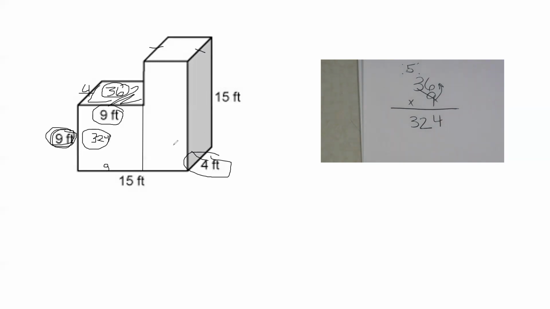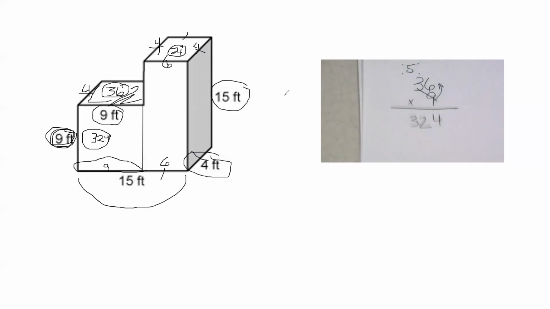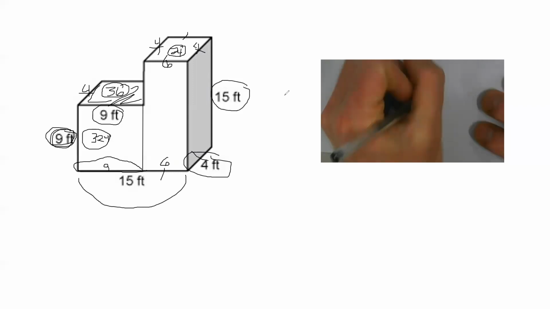Now I got to figure this one out. Remember, we figured out this is 4, so this is 4, so this is 4. We do not know this one yet. This side's equal to this side, which is equal to this side. Oop, I think I have it. If this right here is 9, and together it's 15, that must mean that this right here is 6. Aha. So 6 times 4 tells me this is 24. And 24 goes up and down 15 times. So it's 24